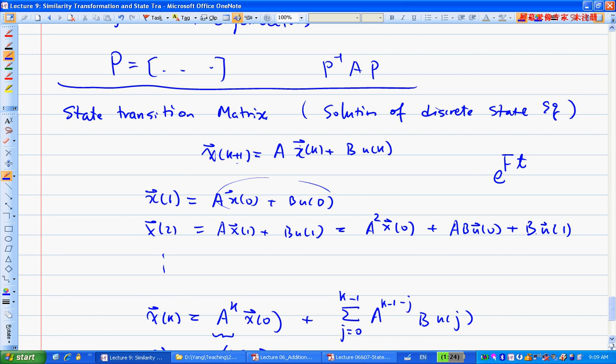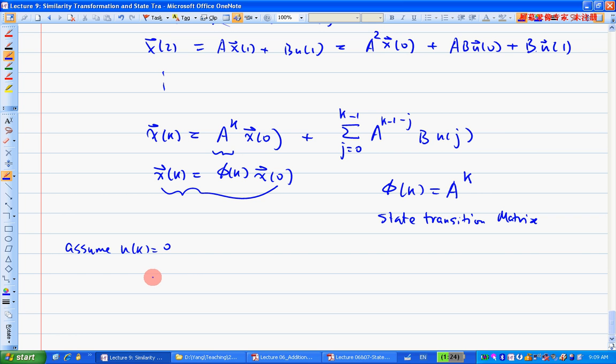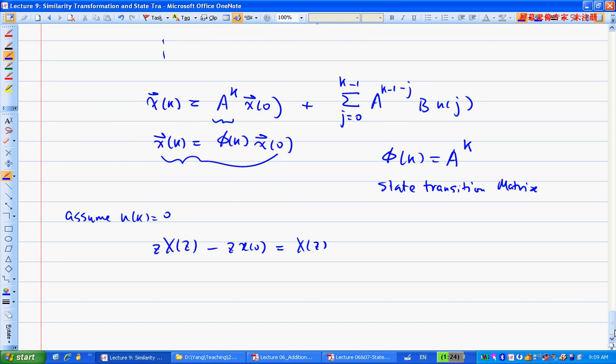So what do we get? We get Z X of Z minus Z X of 0 equal to A X of Z, right? Equal to this. And that basically brings us X of Z equal to Z I minus A,